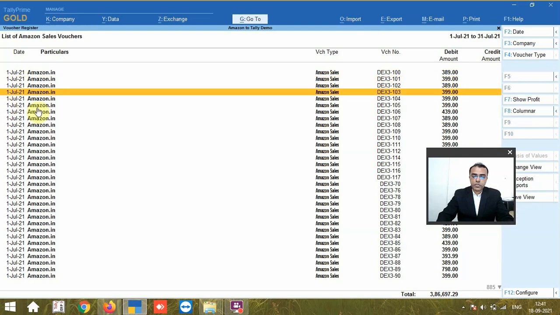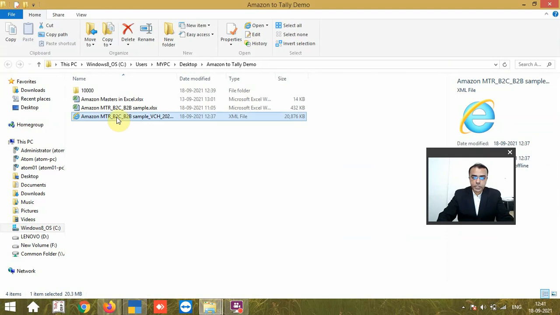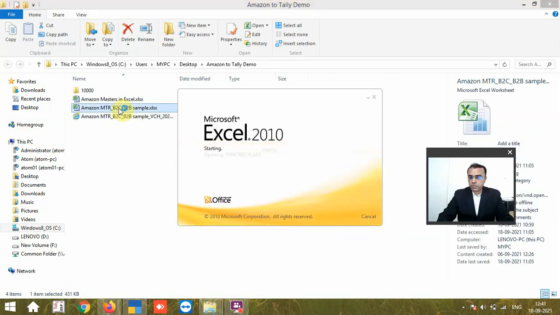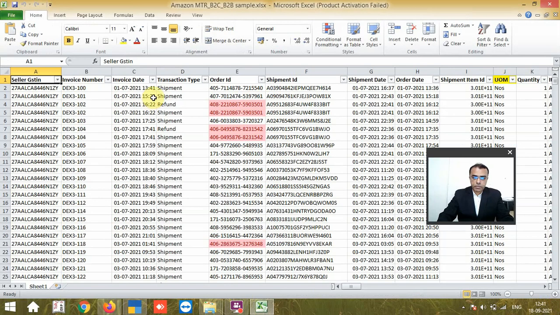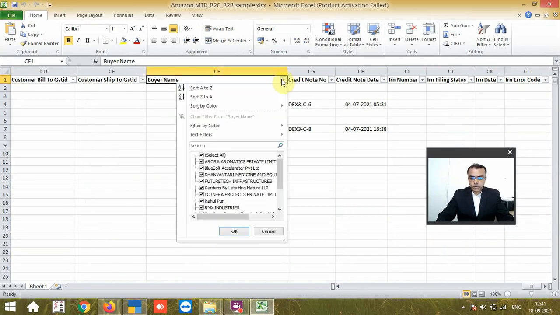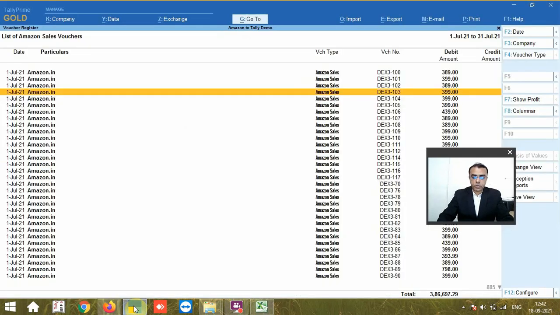So in the file we have seen some B2B transactions. So let's find a B2B voucher first. Buyer name is Aurora Aromatics. Voucher number is 160 and date is 4 July. I'll go to Tally.